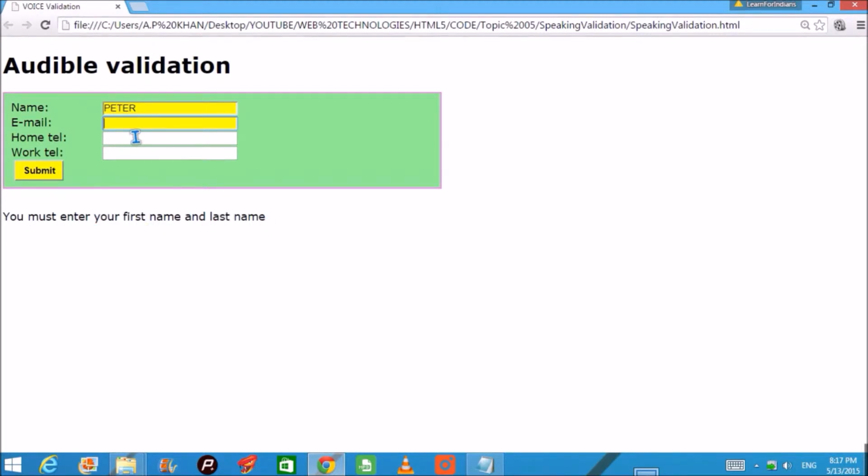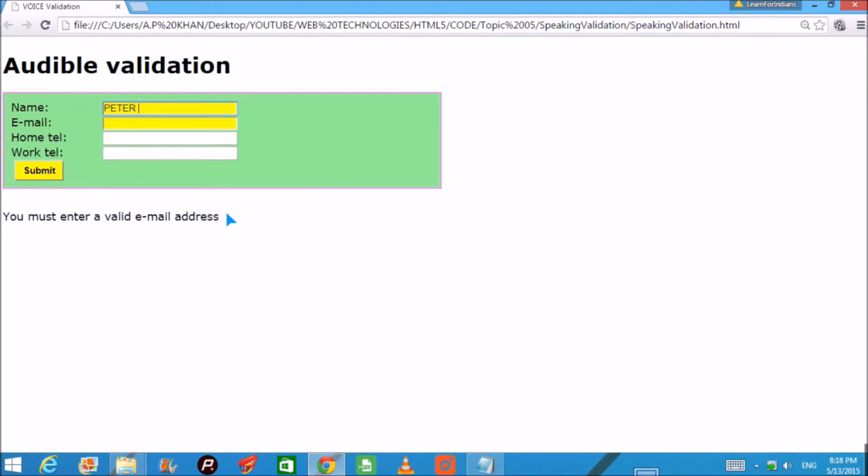That means you have to have a last name also. You cannot leave the second name empty. You have to fill it up.